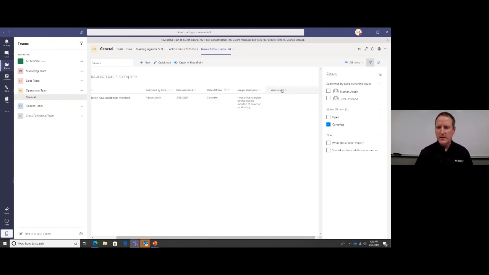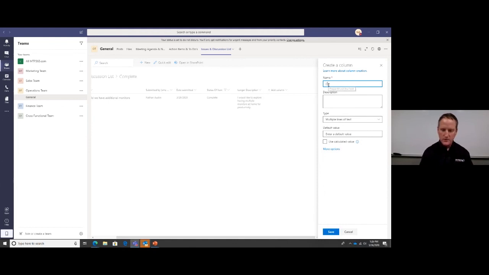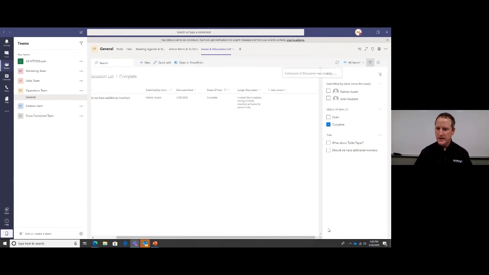I've also had people add a column that says, here's the result of the conversation. So instead of just saying, yep, we talked about this, you might add a column, multiple lines of text, called conclusion of discussion. I don't want to require this. I'm going to click save. Then what I could do is go into a quick edit here,